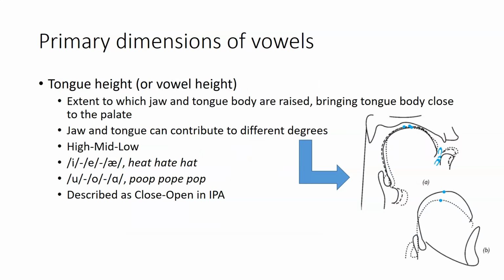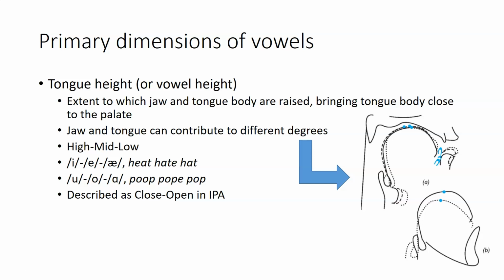So among our primary dimensions for describing vowels, we have tongue height or vowel height, the extent to which the jaw and the tongue body are raised, bringing the tongue body close to the palate. In this production, the jaw and the tongue can contribute to different degrees, as indicated in the figure on the right. So on the right, we have several articulations of the same vowel in the upper image marked A, where